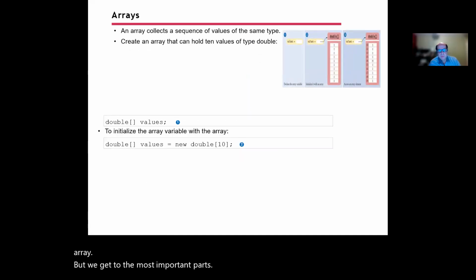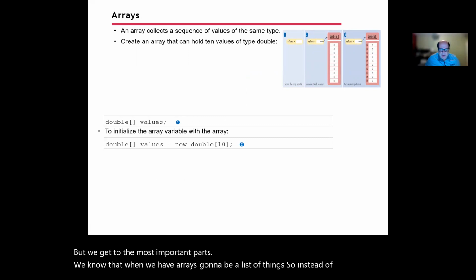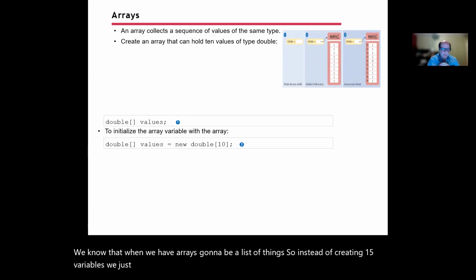So we know that when we have an array, it's going to be a list of things. Instead of creating like 15 variables, we're just going to create a list and we're going to call it one thing. And the way that we're going to be doing it in Java,